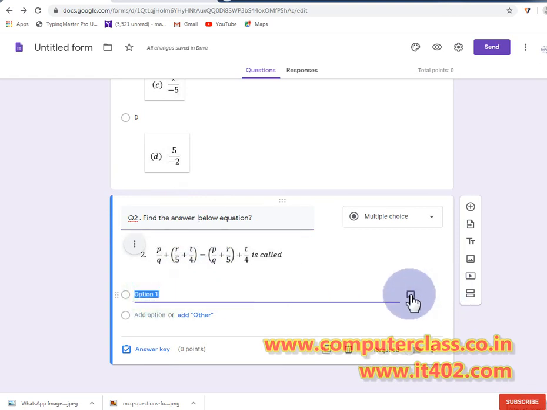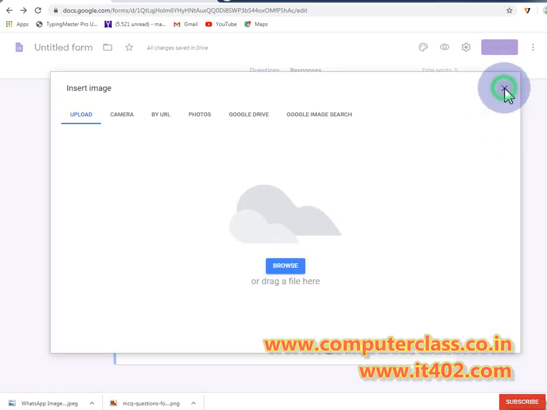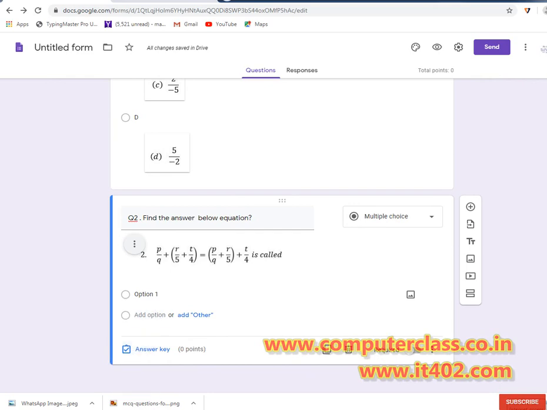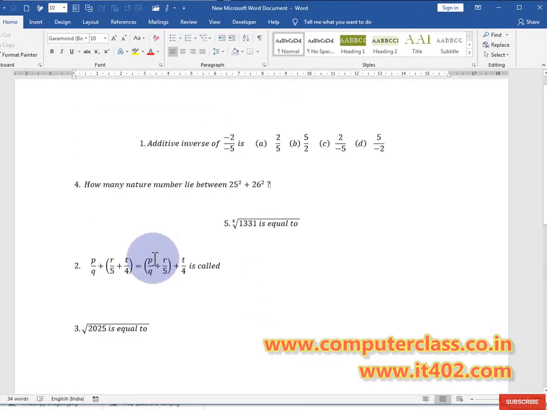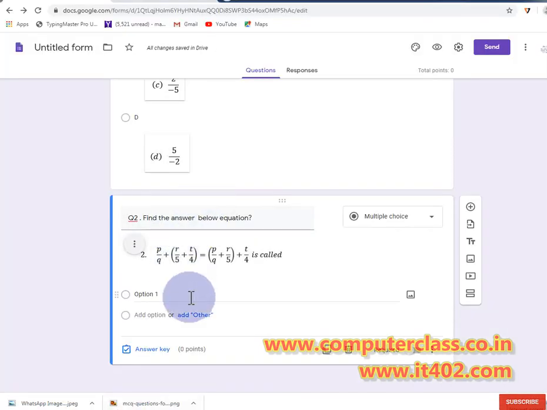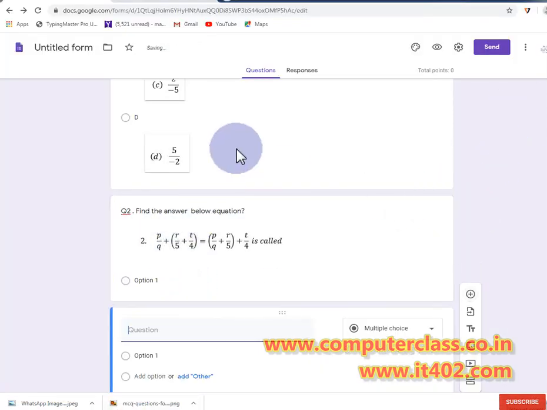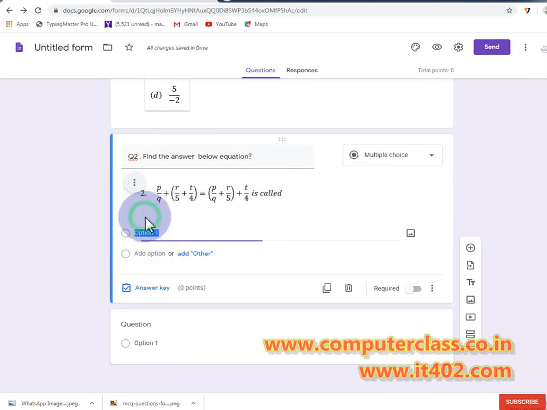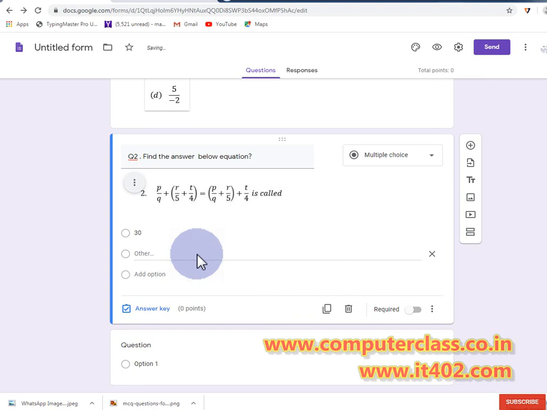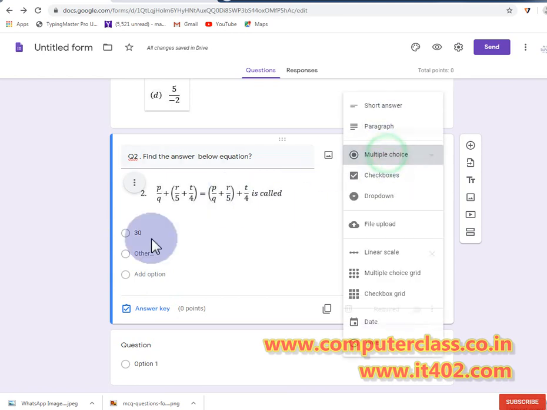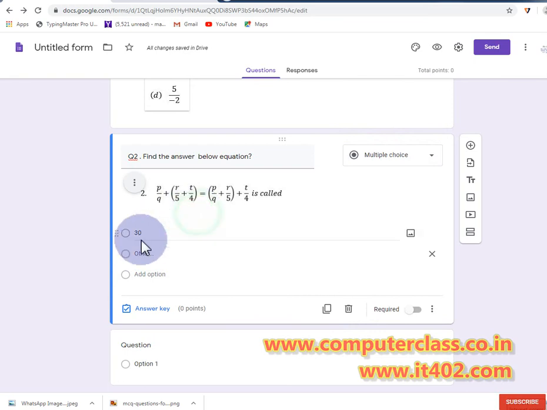Now come to the option, click on the picture icon. The question number 2 options are in the form of numbers, I think. So you can directly put the numbers here, like 30, 40. Convert this first into the form of multiple choice, and then you will find all these options here.